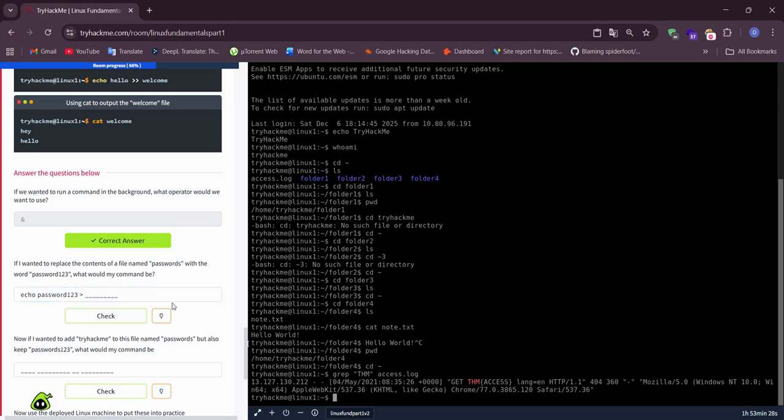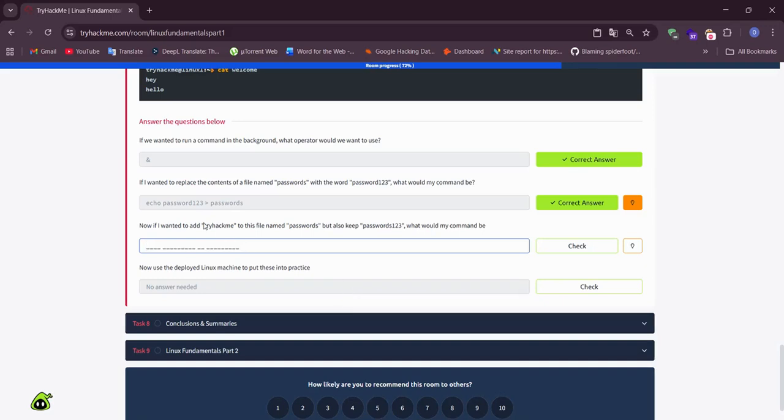Example, passwords. Okay, now we want to add TryHackMe to this file named passwords, but also keep password123. What would my command be? Okay, if we use this command, there is only the new file and our older file is deleted.